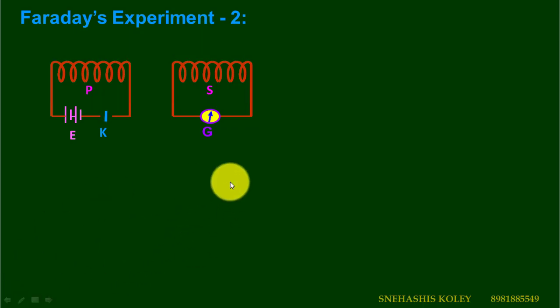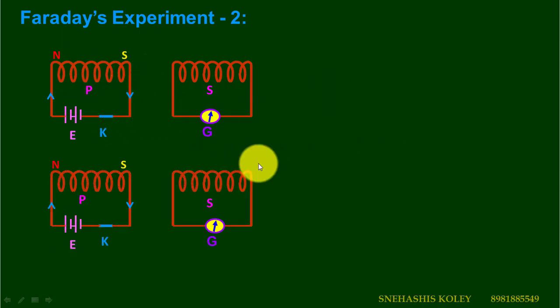So, in this figure, you can see that instead of a bar magnet, as the magnetic field due to a bar magnet and a solenoid are similar, we replace the bar magnet with a primary coil in which we pass a current, and a current will be induced in the secondary coil. As you can see here, when we close the key, a current will flow through the conductor, and if we open the key, then again a current will be induced in the secondary coil.